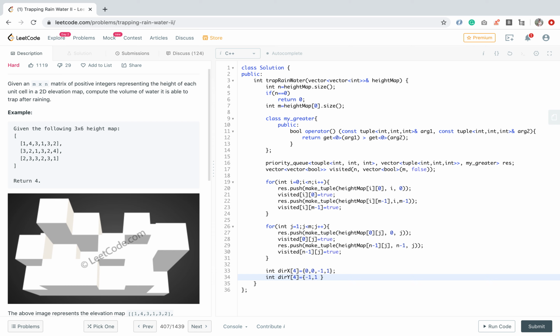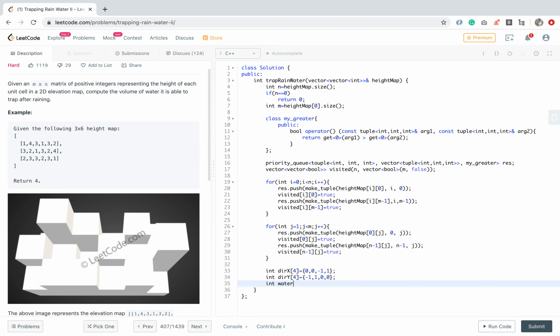If we go upward, 0, 1 will be a combination, and so on. Minus one step and plus one step in the x-axis, so these four combinations are there.